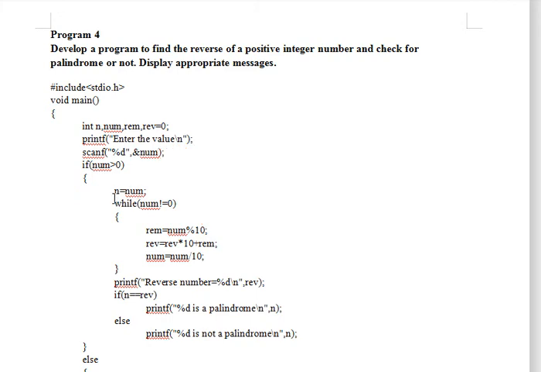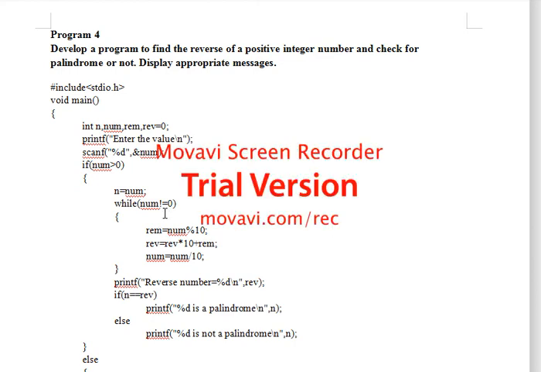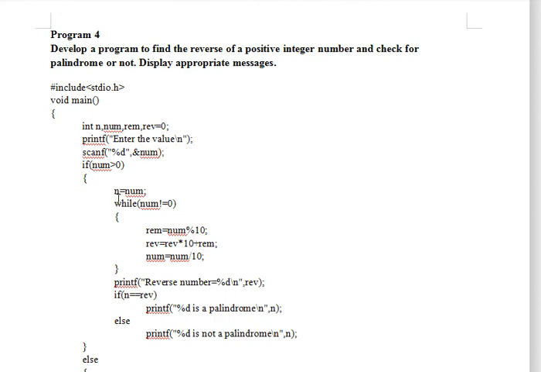Why we are doing this is because num, the original number, will get lost here. That is, num will get changed to 0 as I showed you in the tracing, right? So we would not have that original number to compare and decide whether it is palindrome or not. So it is better to store it in one more variable. So we have stored that original number in n.